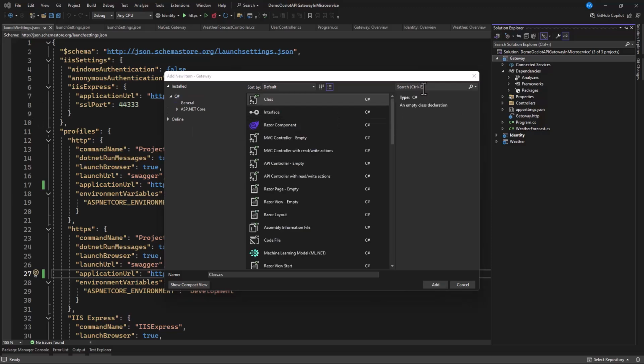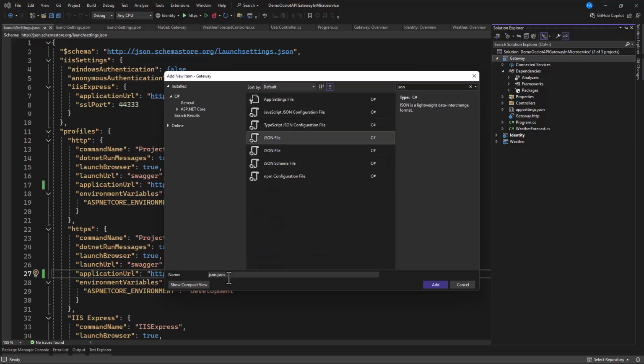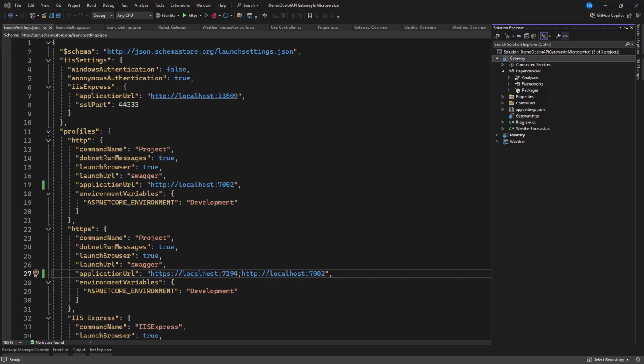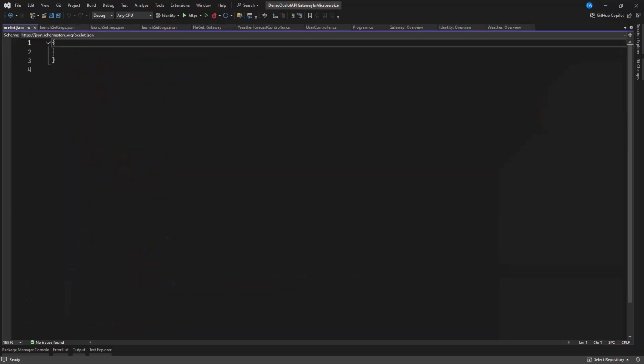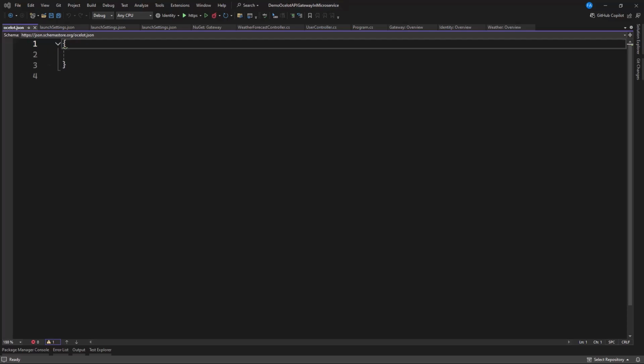and now let's search for JSON. Now we give it a name as ocelot.json. So that is the name given to this file. Now when we are done, we need to go in there and specify our upstream path and our downstream path and other necessary sections that we need to configure. I have already prepared this beforehand because it is too delicate. You can make mistakes easily. Alright, so let me just paste from here, then we go through what I have done.